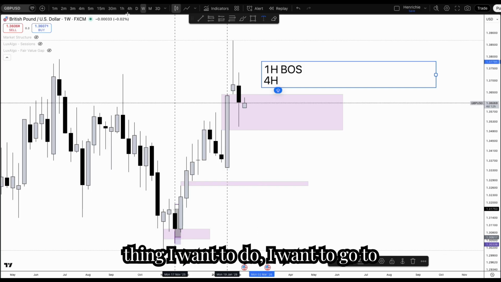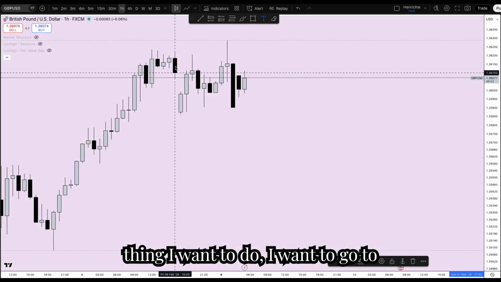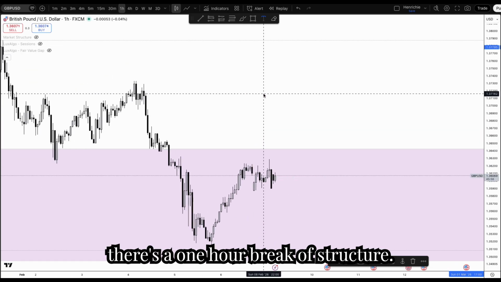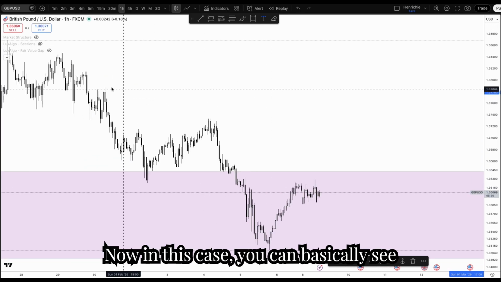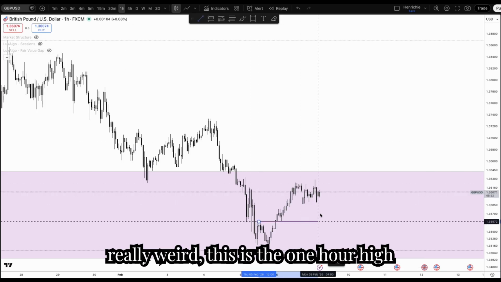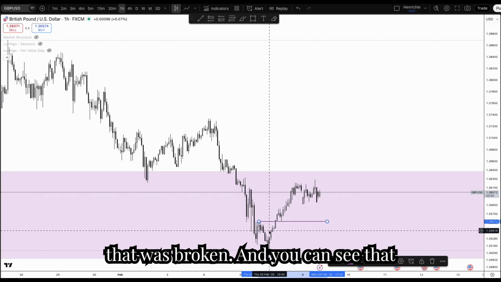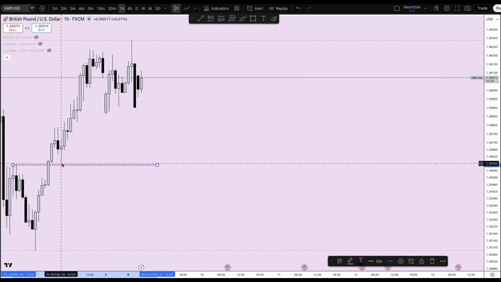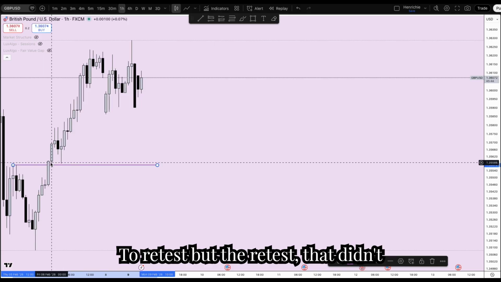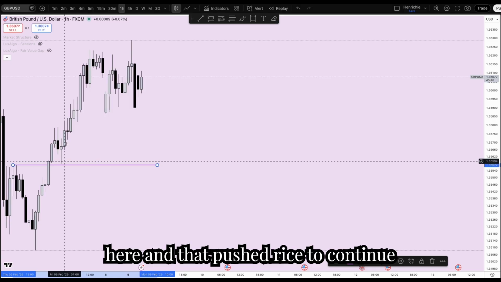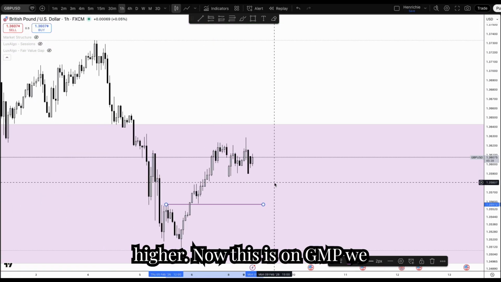Now, first thing we want to do, we want to go to 1 hour time frame. We want to see if there's a 1 hour break of structure. Now, in this case, you can basically see that as much as this price action looks really weird, this is the 1 hour high that was broken. And you can see that after that break, price came back down for a retest, but the retest didn't happen. It tapped into this imbalance here, and that pushed price to continue higher. Now, this is on GBP. We go to